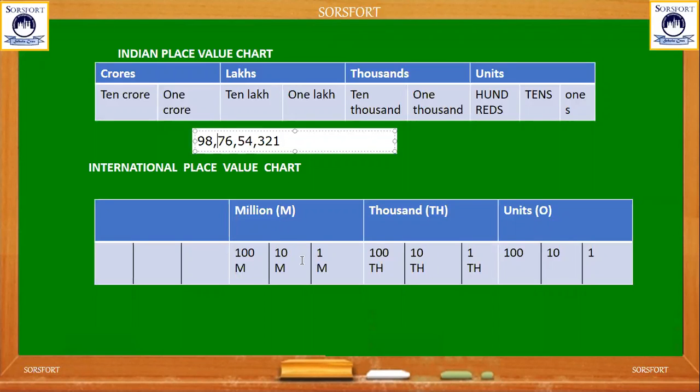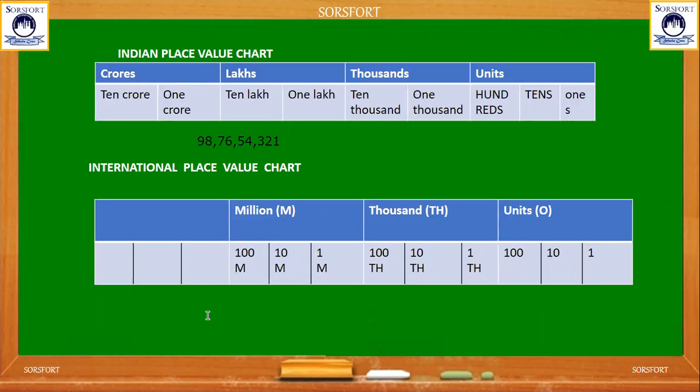But in the international place value chart, unit has been divided into 3 digits, similarly thousand is divided into 3 digits, and million is also divided into 3 digits. How have they divided? Ones, tens, hundreds, then 1,000, 10,000, 100,000. Then 1 million, 10 million, 100 million. For the same number,